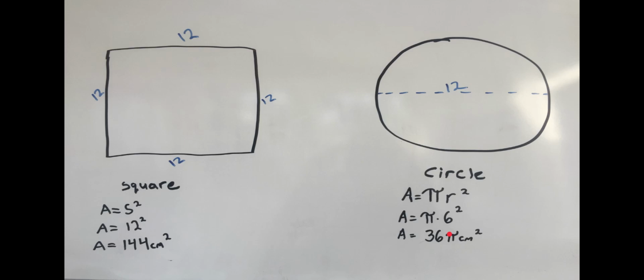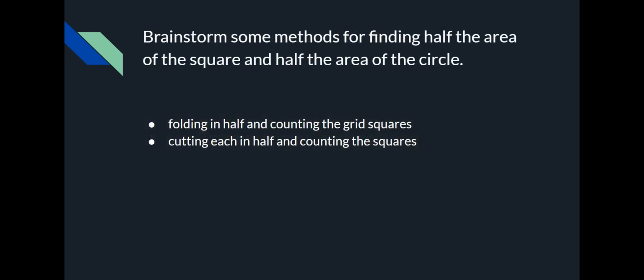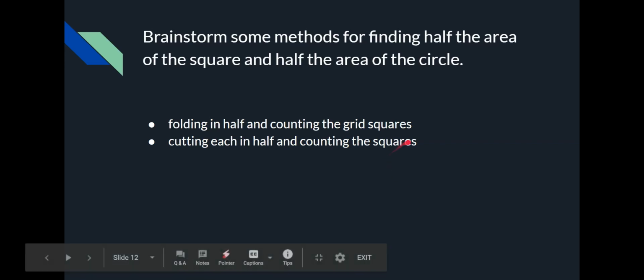All right, next slide. Make sure you have this written down. Okay, and here is the area of my square and my circle. The square is 144 centimeters squared. Our circle is 36 pi centimeters squared. Brainstorm some methods for finding half the area of the square and half the area of the circle. So,